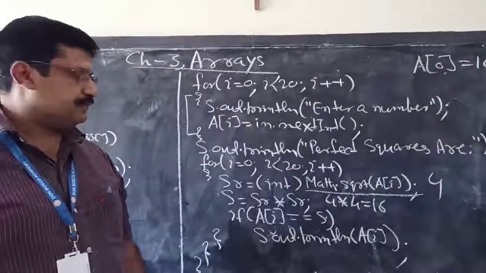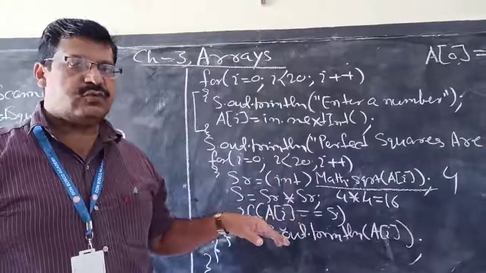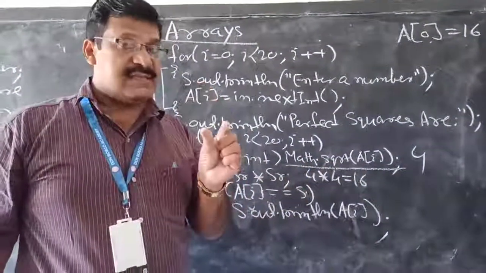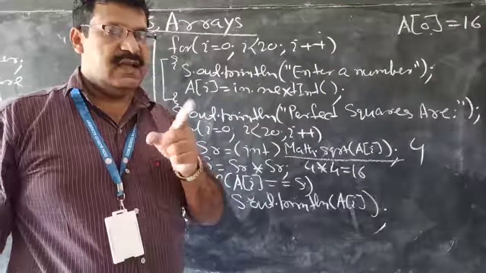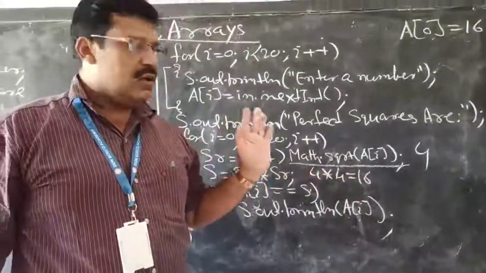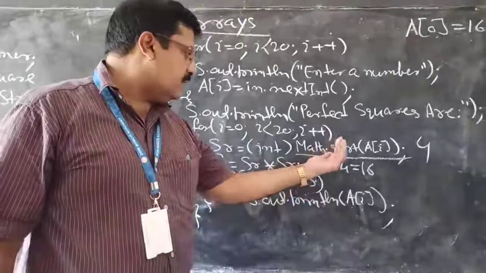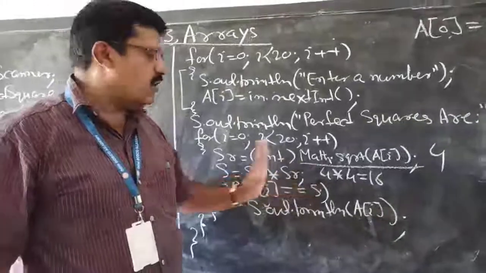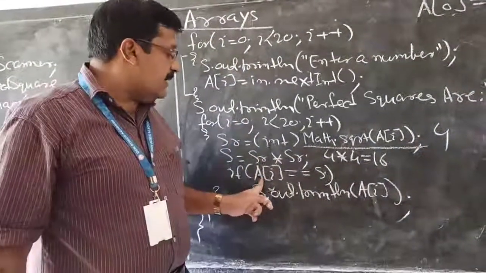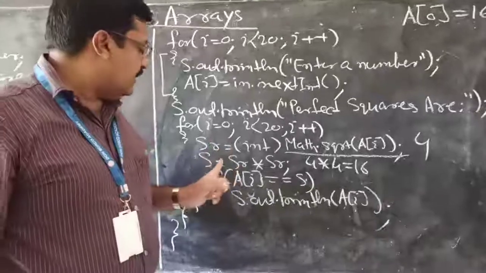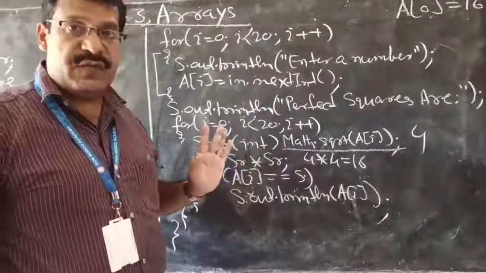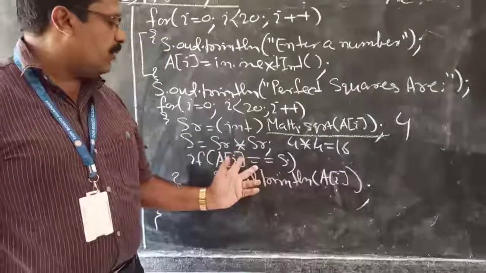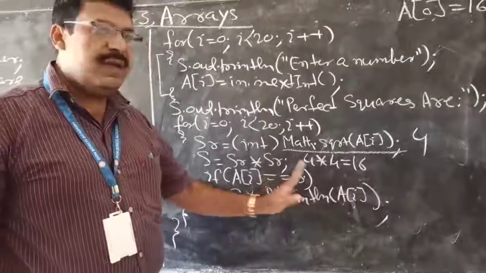Suppose the next number is 12 or 29. What will happen? The square root will come as a fractional number. Understand this properly. When the square root comes as a fractional number, it will pick up only the integer part and store it in sr, and that integer multiplied by itself will be an integer only. But a[i] is different and this s value is different because it picks only the integer part. So both values will not be the same, and when both values are not the same, it will not be printed.